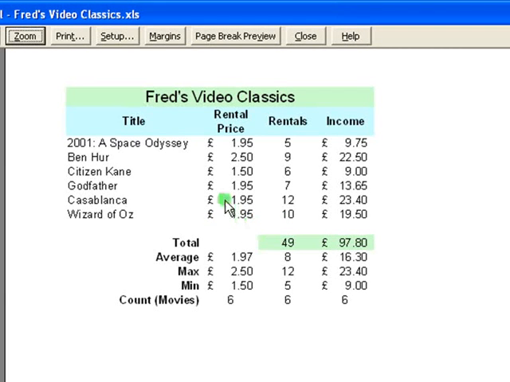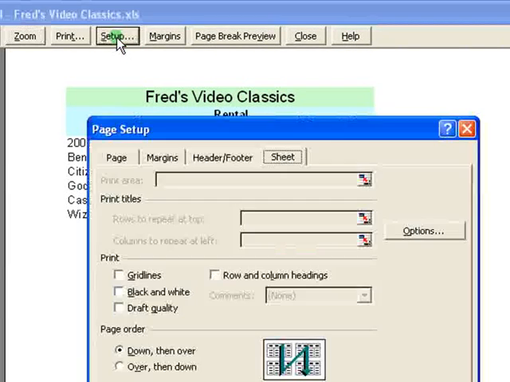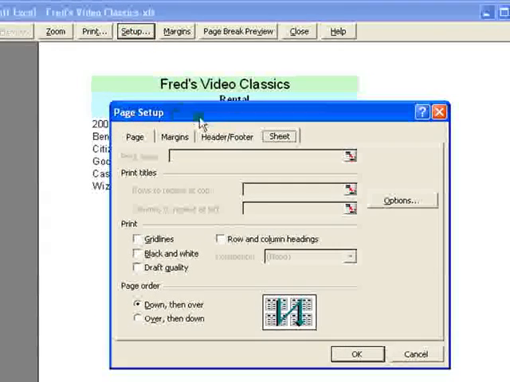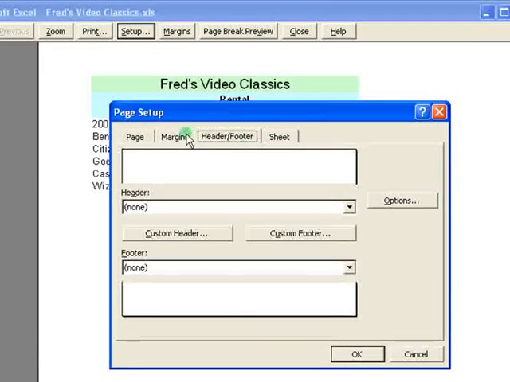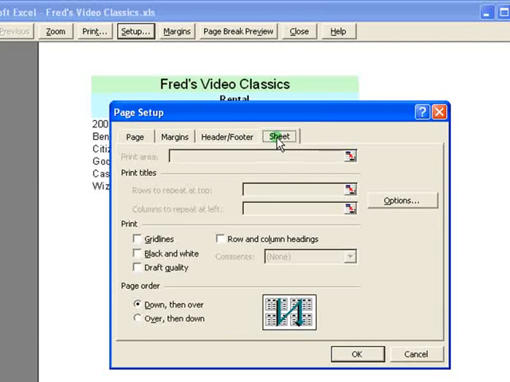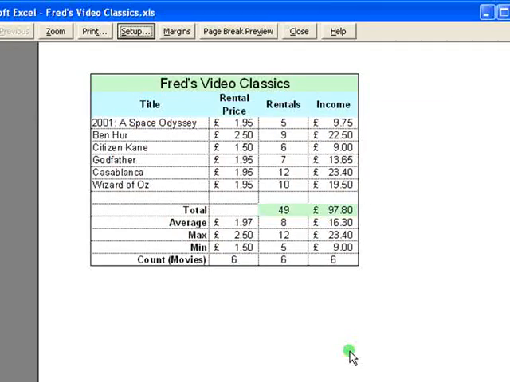Two ways I can do that. One way is to go to the Setup menu, go to the Sheet tab. There's a number of different tabs in your page Setup for printing, but this time we're just going to the Sheet tab and choose Grid Lines. Click OK. Now that does put the grid lines back on, but I'm still not happy with that because it's not really showing the division between the column